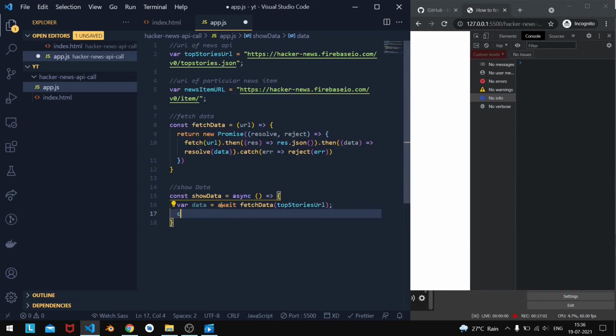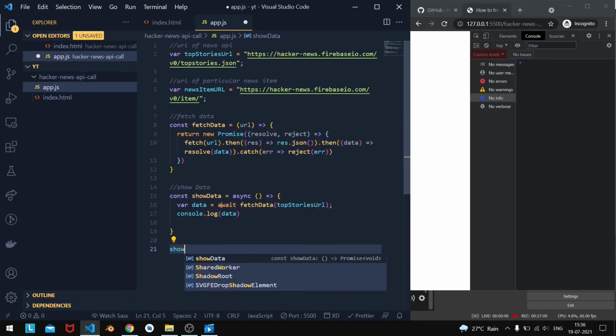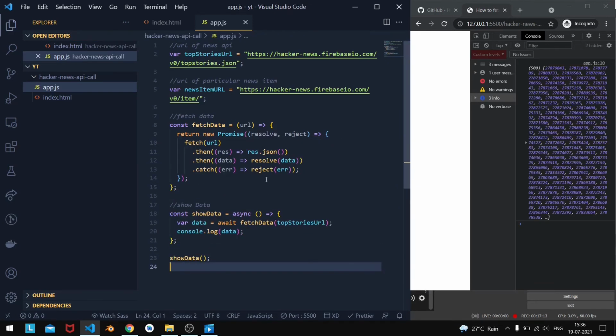Inside that, as the parameter we will use top stories URL, and now we will console log this data, and outside that we will call showData. Now on the right hand side you can see we get a list of IDs, which are basically news items, and we got around 500 news IDs.